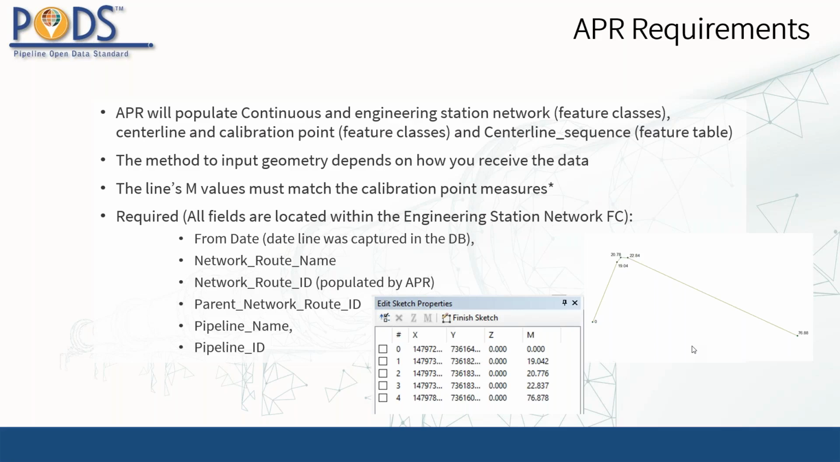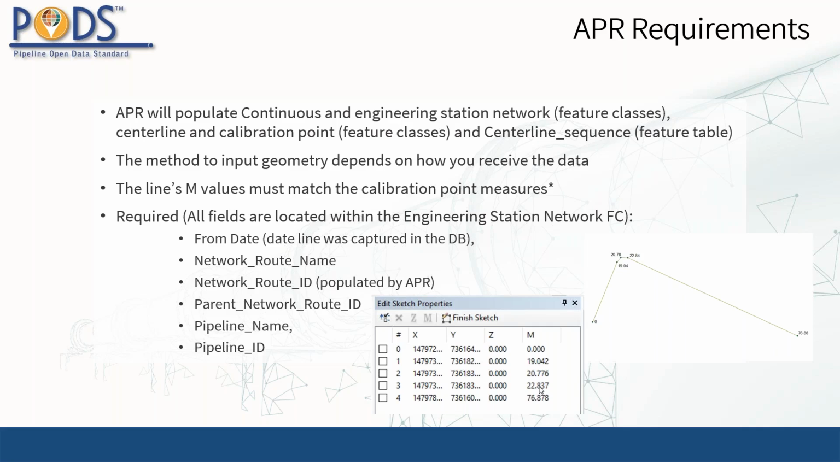The lines and values must match the calibration points. So remember I told you if you double clicked on the line, you go to editor, you start an edit session, you double click on a line, and you see your vertices and what measures they have. And here on the bottom, here's a chart. These M values here must match the